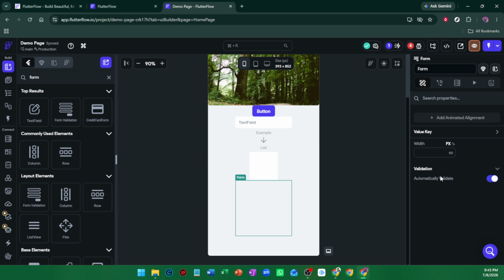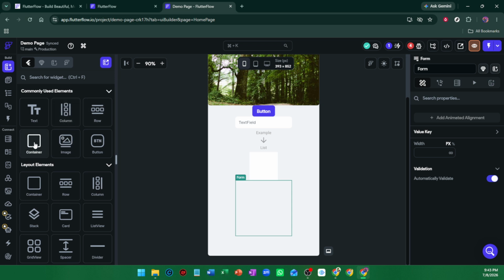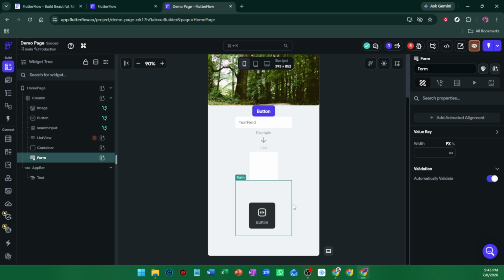After validation is configured, add a button inside the form widget. This button will be what users press to submit or continue. With the button selected, go to the Actions tab in the Properties panel and add a new action for the click event. For that action, choose Validate Form under UI Interactions, then select the specific form you want the button to check. This connects the button to your validation rules so FlutterFlow knows exactly which form to evaluate when the